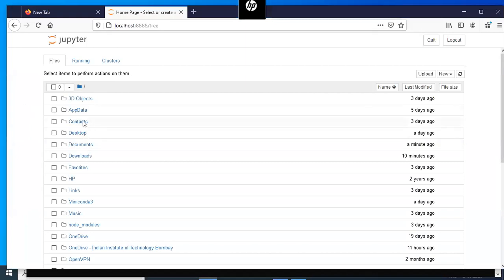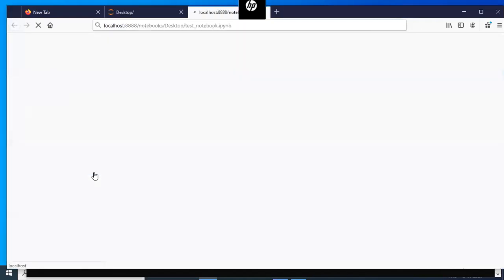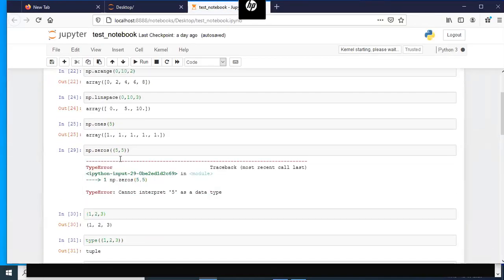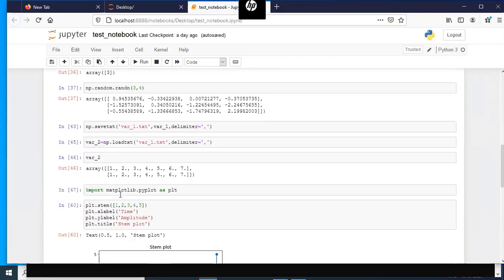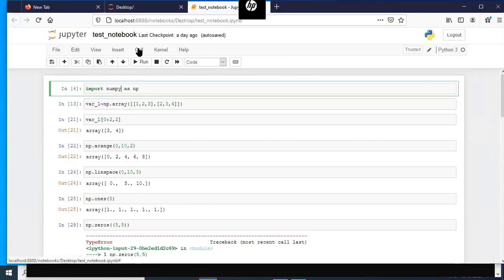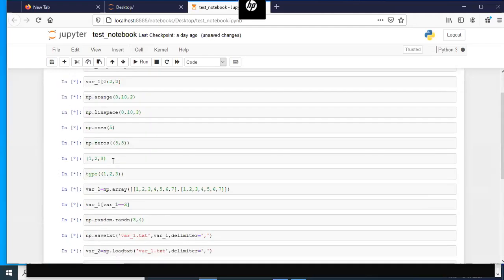Okay, so we should still have the notebook we saved yesterday. Import matplotlib is also here. As soon as you open a notebook, if you want to run each cell, you can also just go to Cell, Run All, and that'll run all the cells.